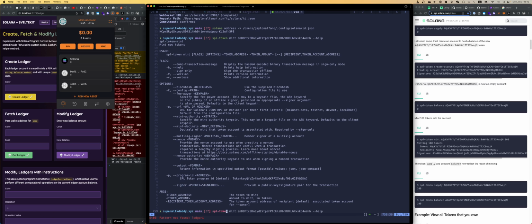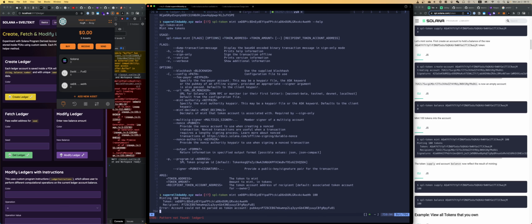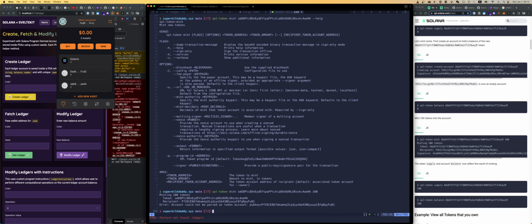It may not work because, like I said, I've got my local wallet and this Solflare wallet. So if I do mint, and let's say I do 100, what happens? Yeah, error. Recipient is my local wallet account. It's like could not be parsed as a token account. This is, yeah, I haven't actually created the account. So I need to do SPL token mint, that token supply, but then the